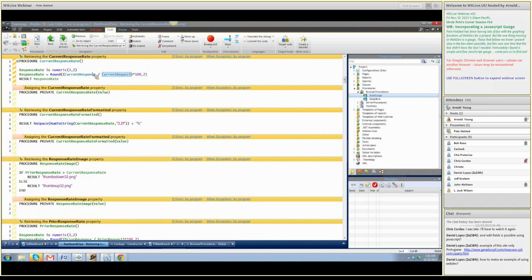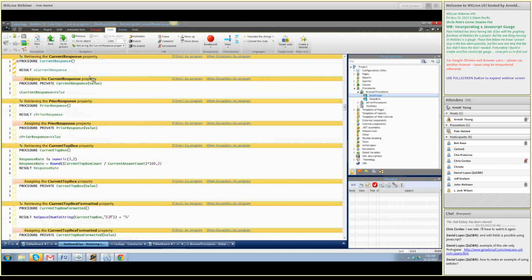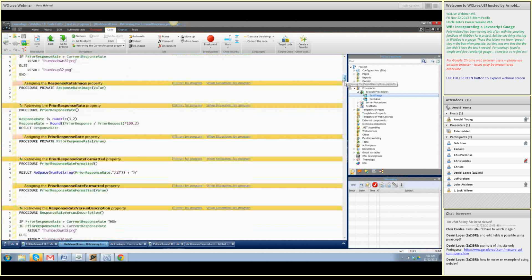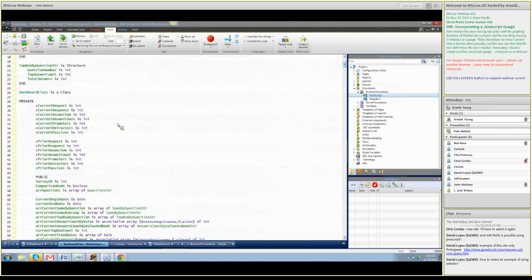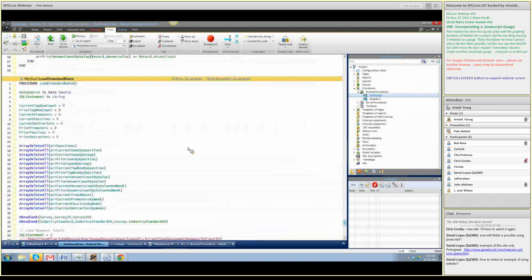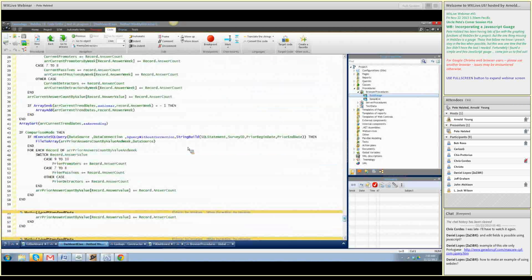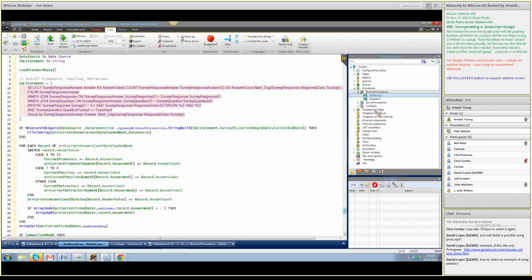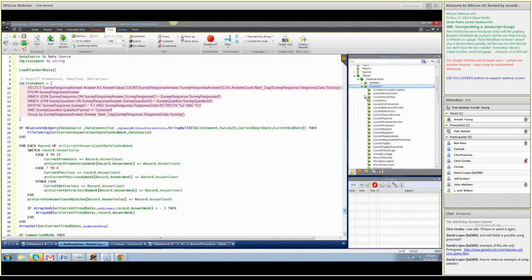So now if we look at current response, that is actually a local variable in here that when we loaded the TSI data... Actually, that's in this one. Current request, current responses, all got out of the data. But now that formula of how that response rate is calculated is done as a property